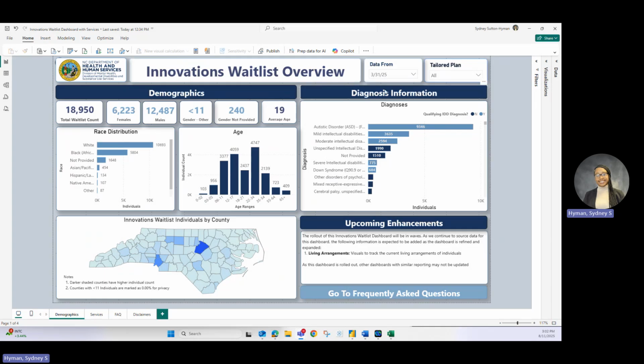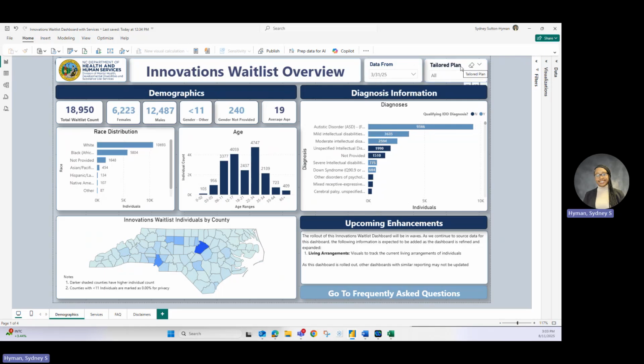The important part of today's walkthrough is showing you how you can change visuals based on the information that you want to see. So to start off at the top, we have a reporting period filter where you can change the filter or the dates that you're interested in, and they are quarterly. So you'll see March, December, and September. You can just click on one and it will change according to the date range provided.